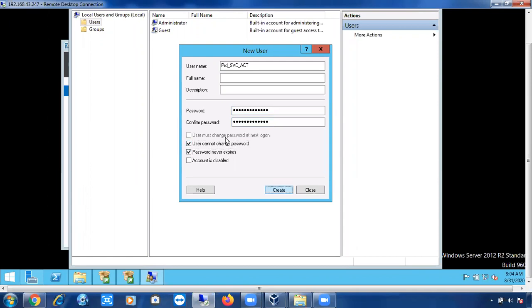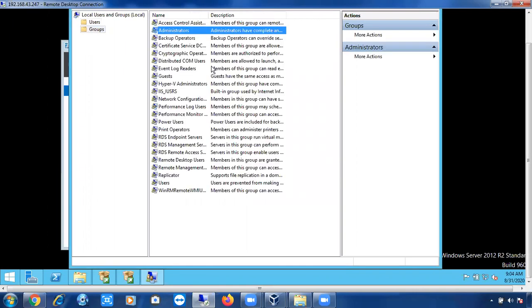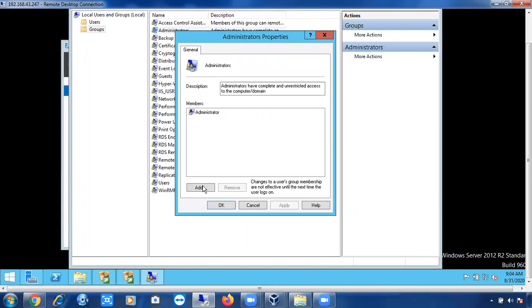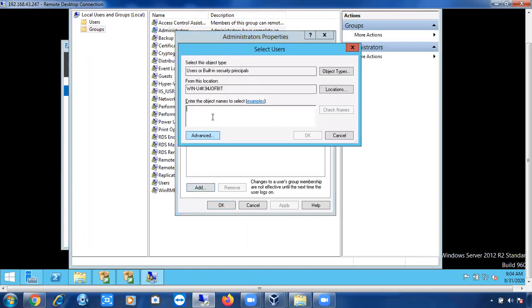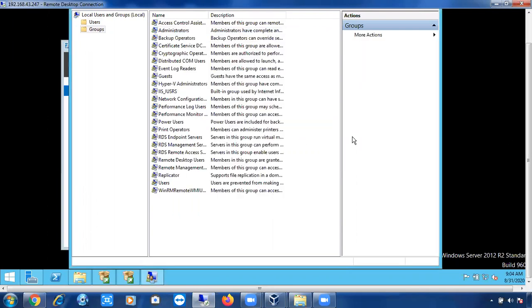So I just created the user. Let me make this user an administrator. Go to Administrators, add, prd_svc_act, check names, apply. So now this account becomes an administrator.